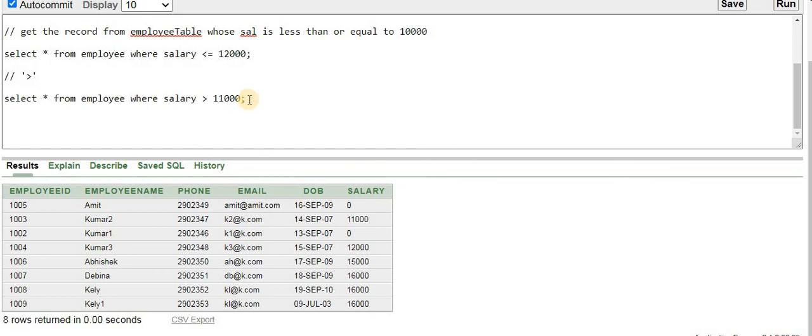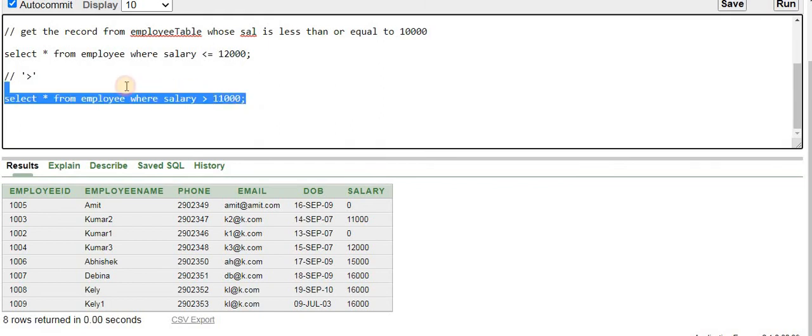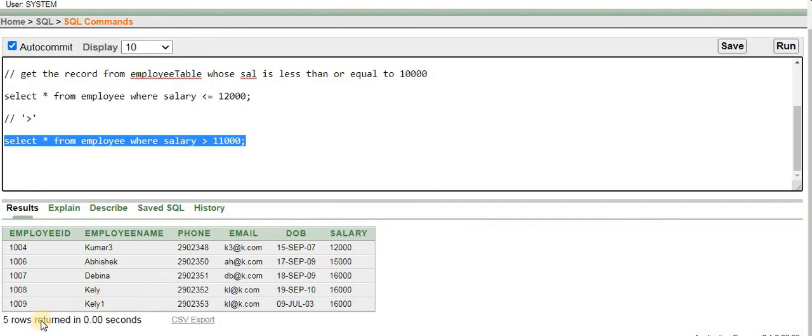So our expectation is that the employee table should return 5 rows as a result. If I run this script, you can find that 5 rows are returned. It went into the employee table, verified the condition whether any record has a salary greater than 11,000, found that a total of 5 records are available, and those 5 rows have been returned.